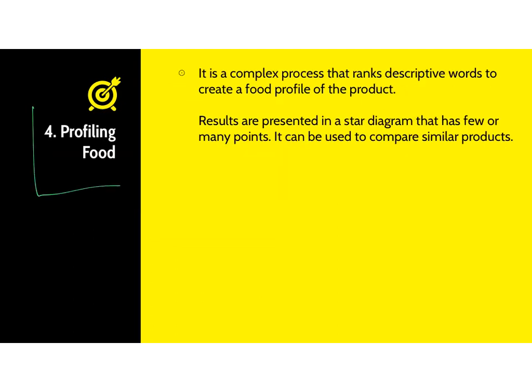The next category of sensory assessment is profiling food. So this is a complex process that ranks descriptive words to create a food profile of the product. Now, the results are presented in a star diagram, and this is quite important. So you need to be able to associate profiling food with a star diagram. And we will show you this on the next slide, but it basically involves creating a star diagram to join together the different descriptive words that have been selected to profile a food product. Now, what it does is it compares similar products. So you would need to have several foods placed on a star diagram to show the comparison of the different